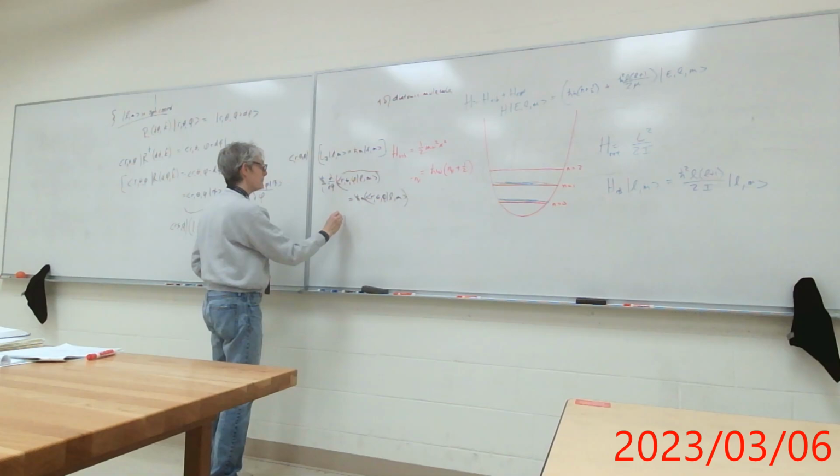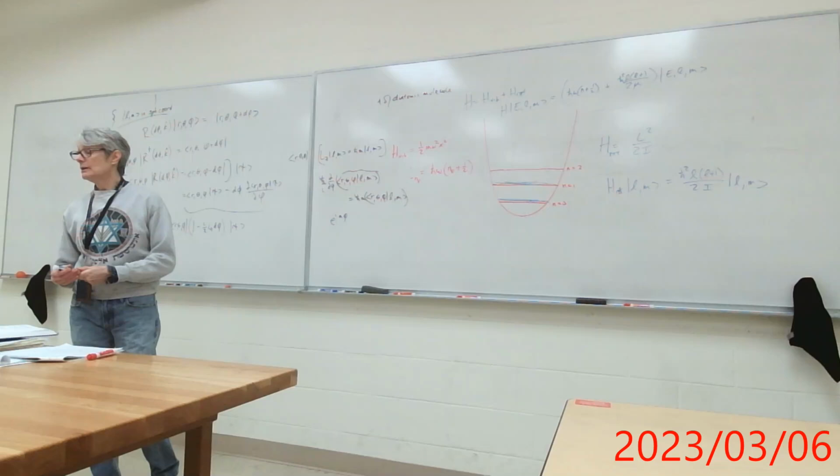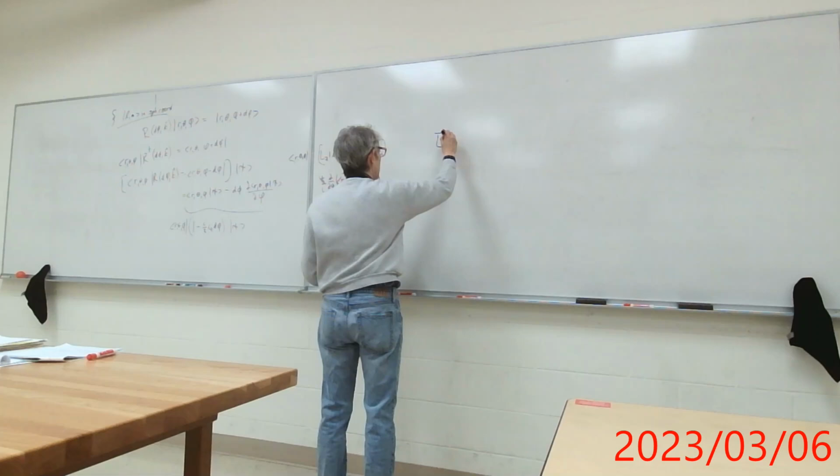Instead of thinking of p squared as px squared plus py squared plus pz squared, we think of the p operator in spherical coordinates. And in that case, we can transform the kinetic energy term, as it says in equation 9.11,